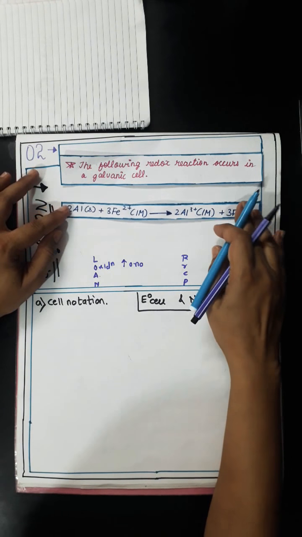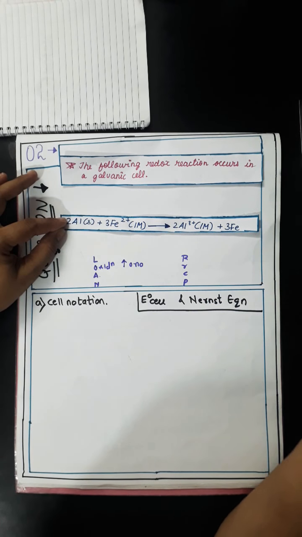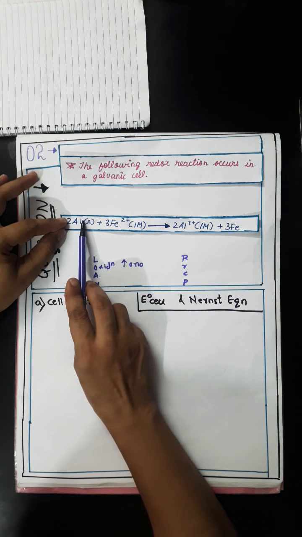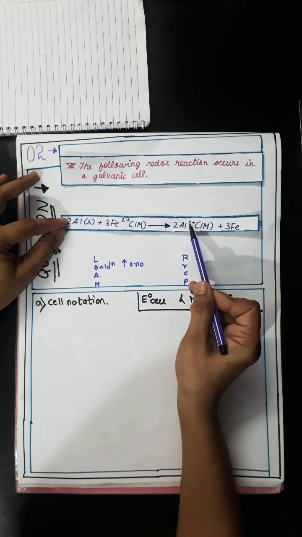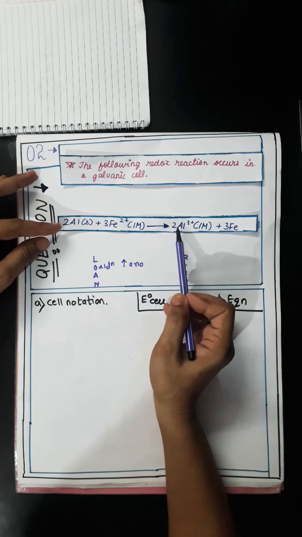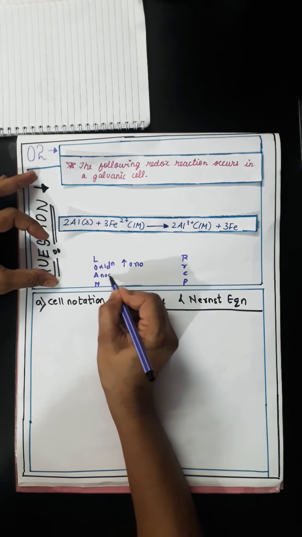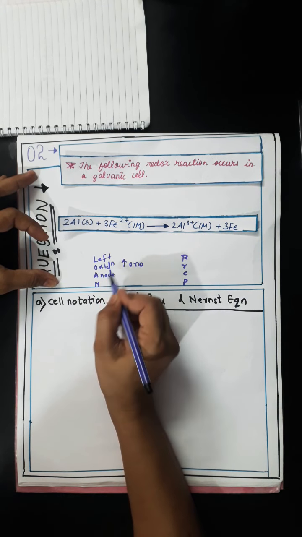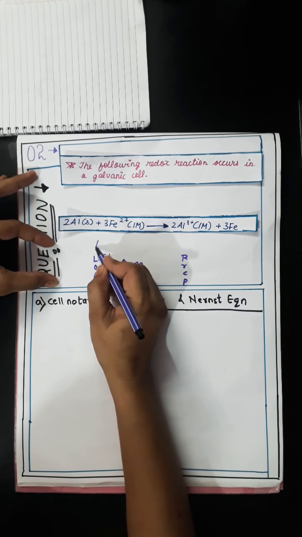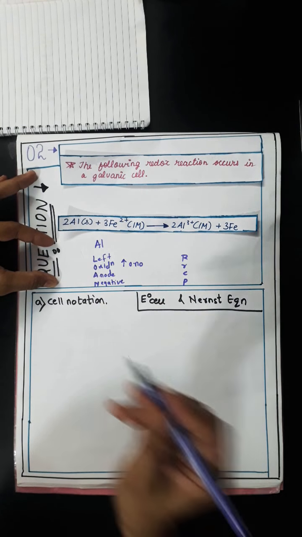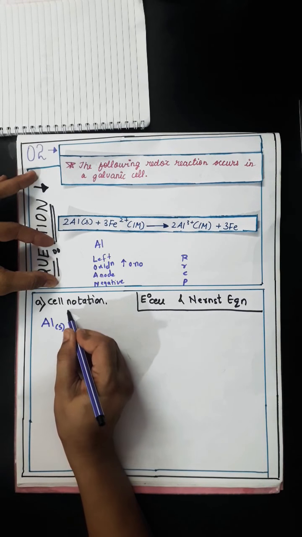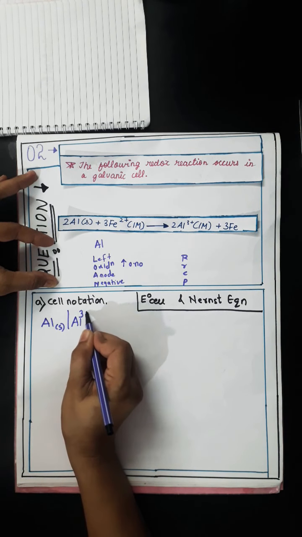Now in this reaction, let us concentrate on this reaction. If you focus on aluminium, from Al0 oxidation state it is becoming Al plus 3. It means for aluminium it is oxidation, hence aluminium is acting as anode. So on the left hand side, our negative electrode for this particular question is going to be aluminium. I write here towards the extreme left hand side, aluminium solid in contact with its own ions.